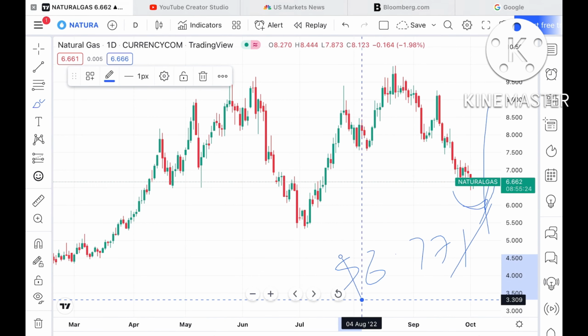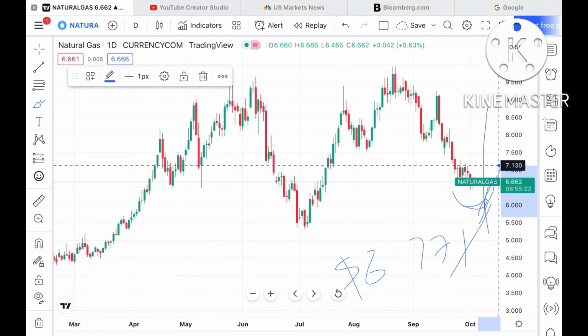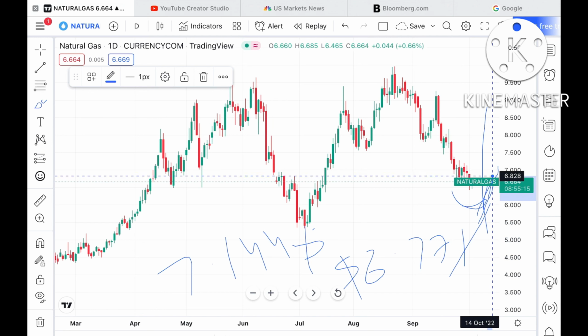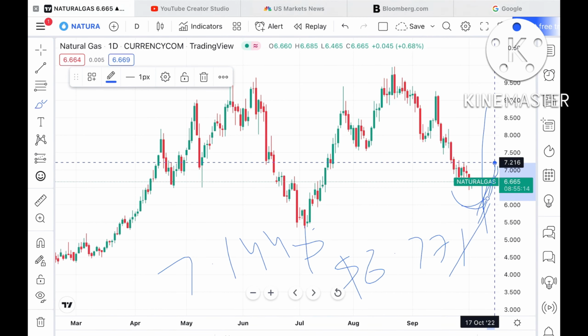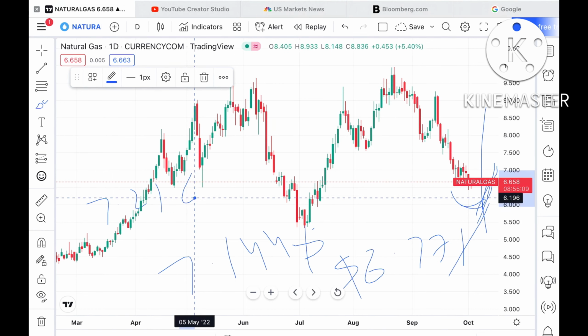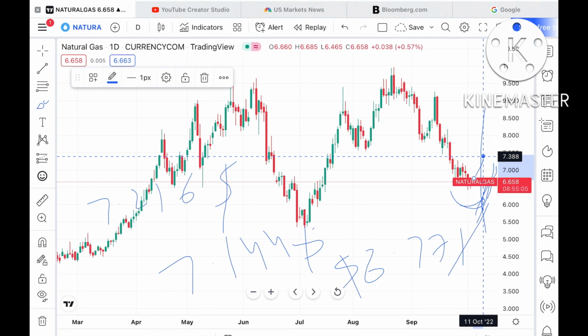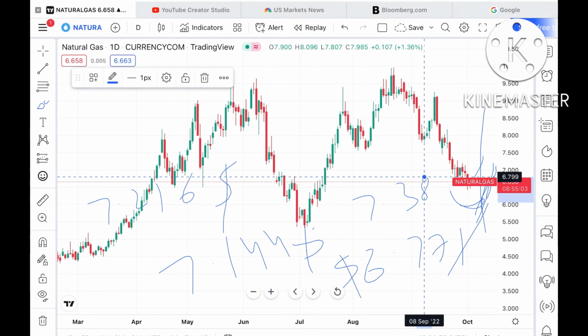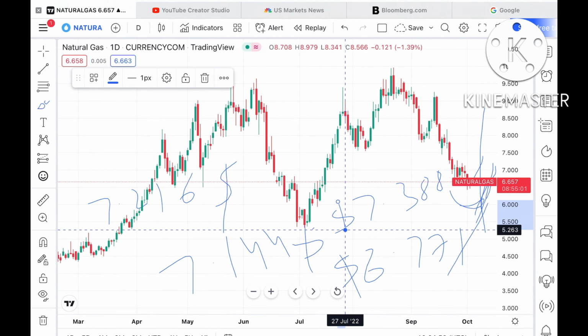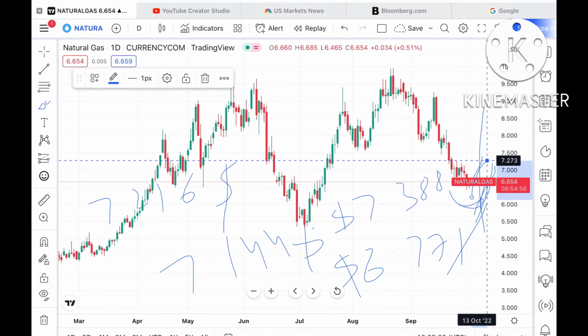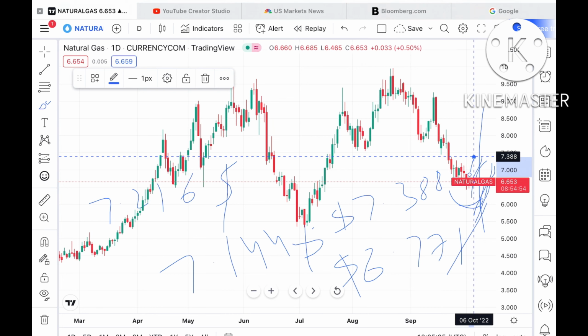$6.771. If the price moves above this level, it can touch a level of around $7.144. Once the price sustains above this level, there is a high probability it can go further upside towards $7.216, and from there it can touch a level of around $7.388. Once the price goes above $7.388, there is a probability that it can go further upside and touch a level of around